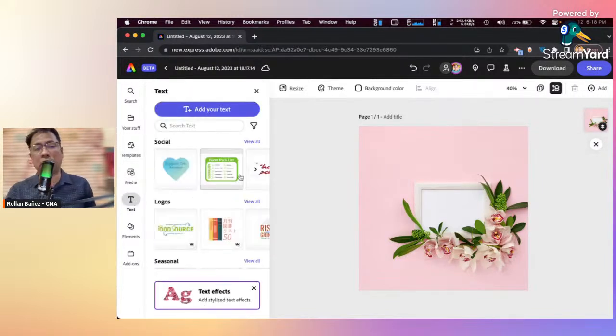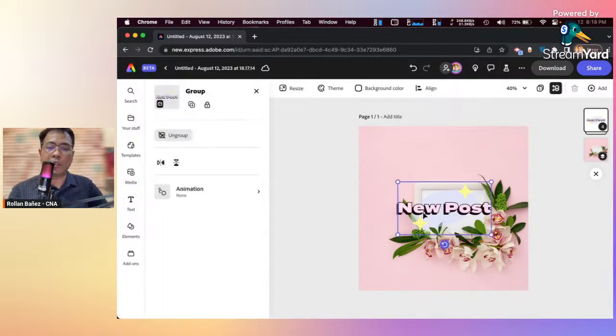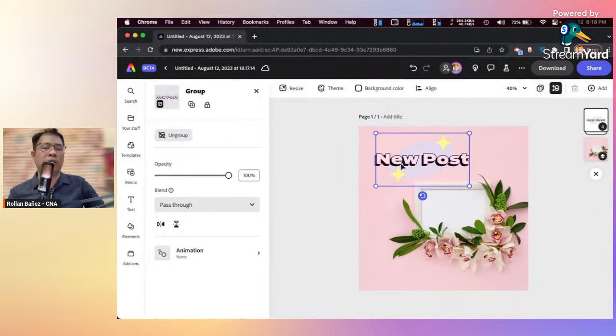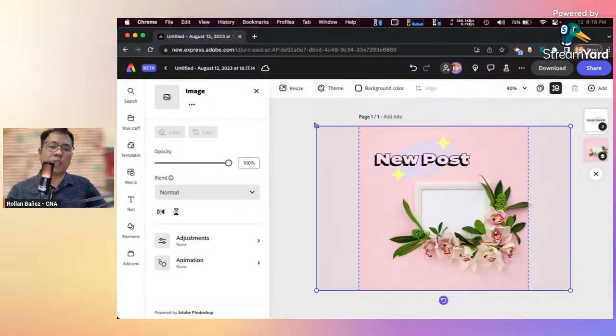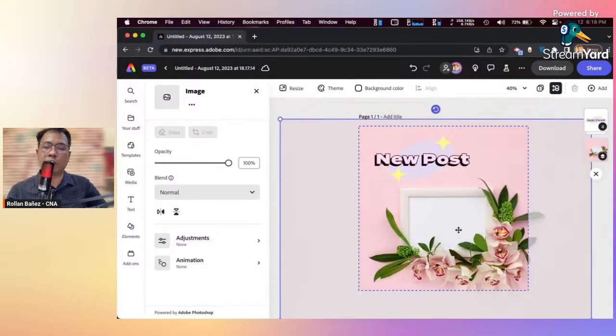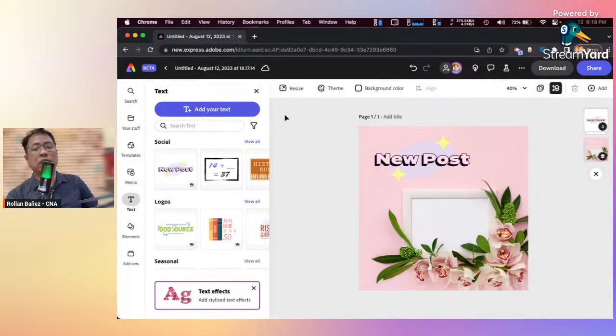Let's click on text. You can easily add text or use some design templates or text templates that we already have here. For example, that one, or for example, this one. Let's click on that. Automatically, you could just do a lot of magic by just doing this. You can just double click here. You can resize. You can reposition this to your heart's content, and with just doing that, we have created our initial design.